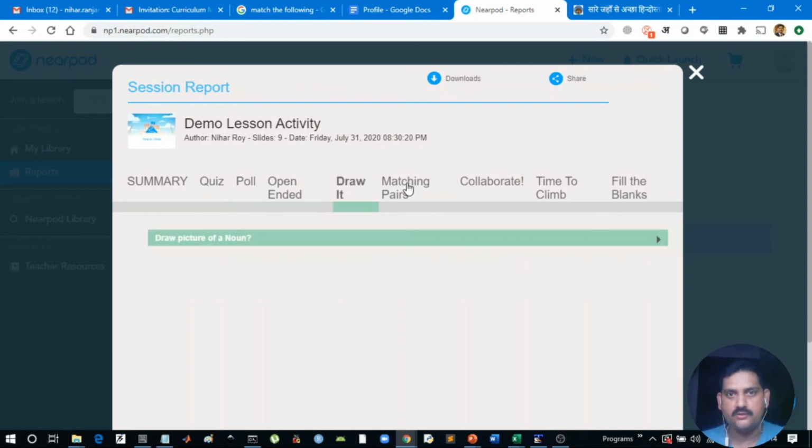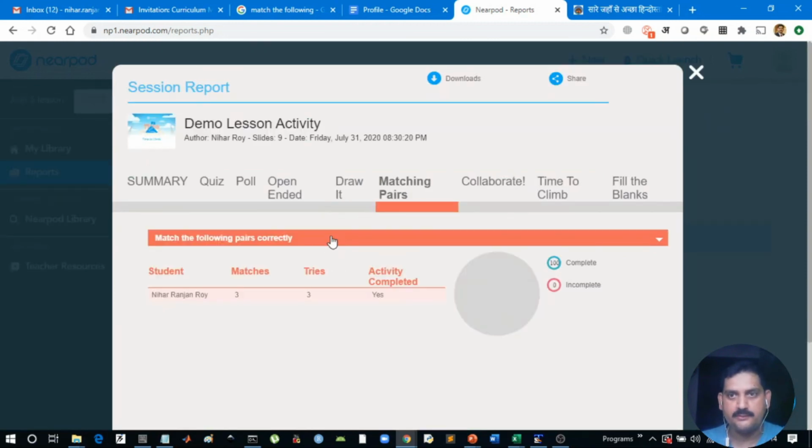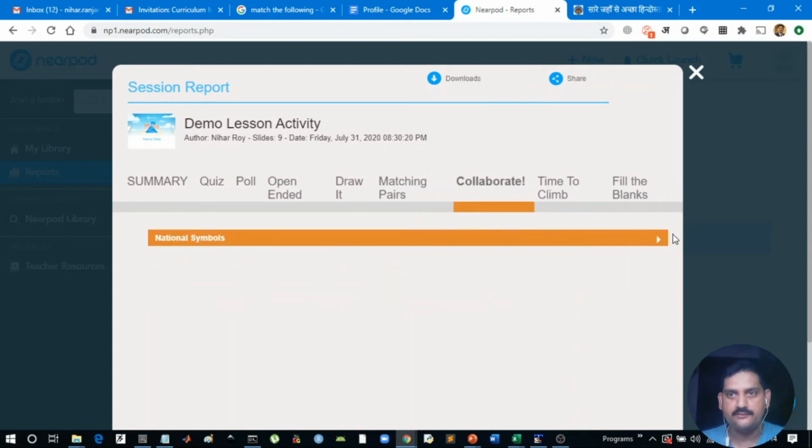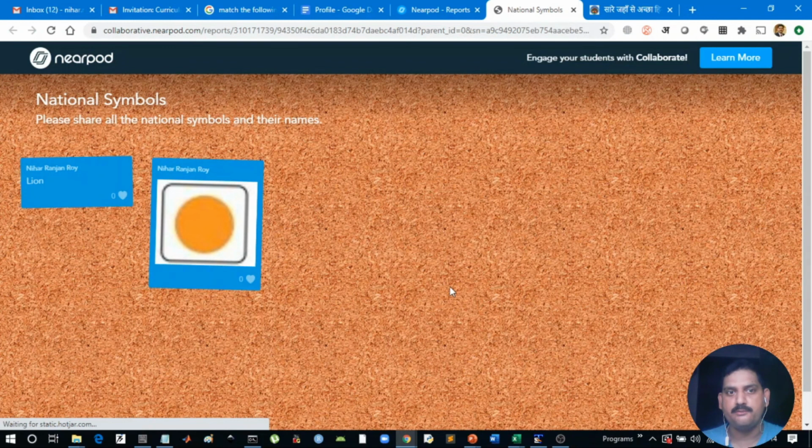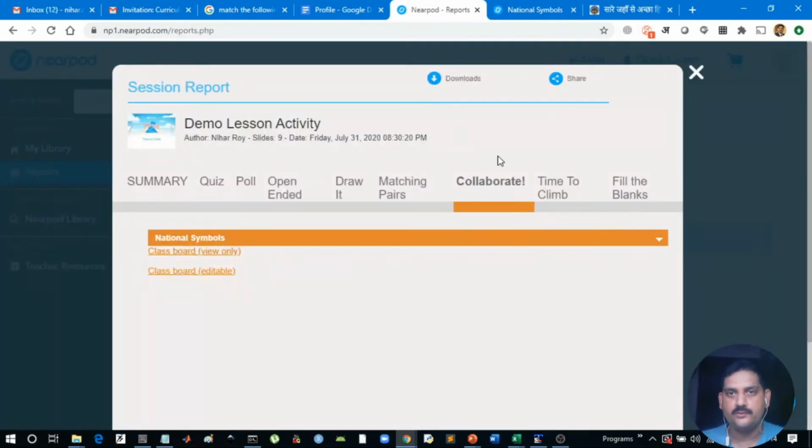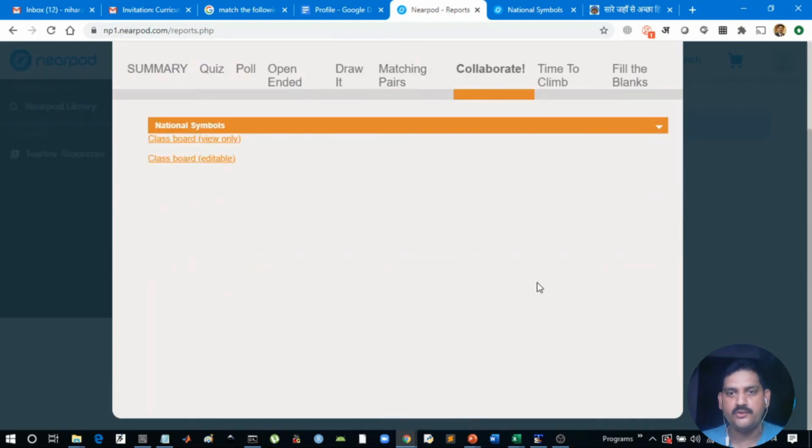Result of the drawing. Whatever the student has drawn, click on it, and you can further see their details. Match the pairs, see scores, collaborate. Class board view only, class board editable. So if you want to view only what the students have posted, or what was posted there. Similarly, you can see all your reports here.